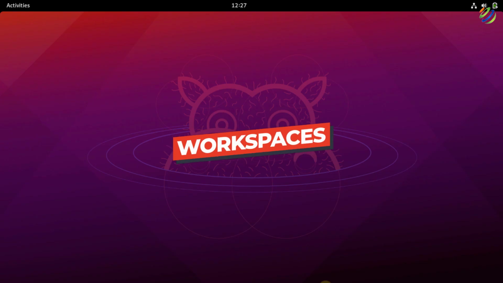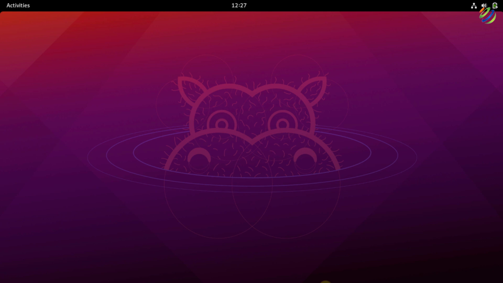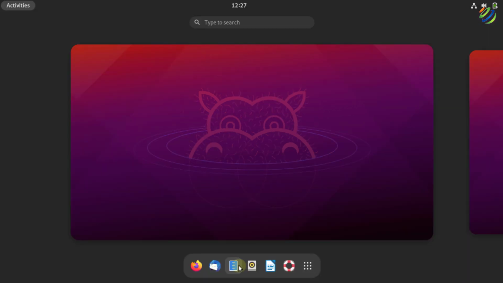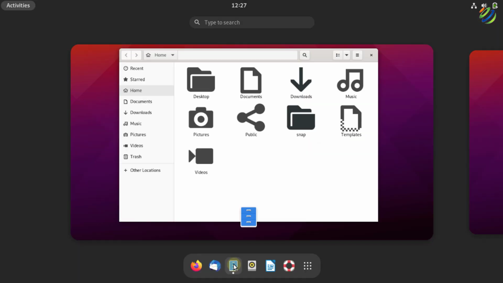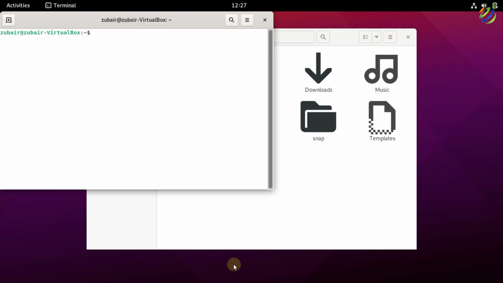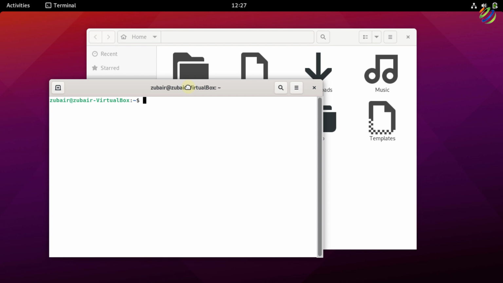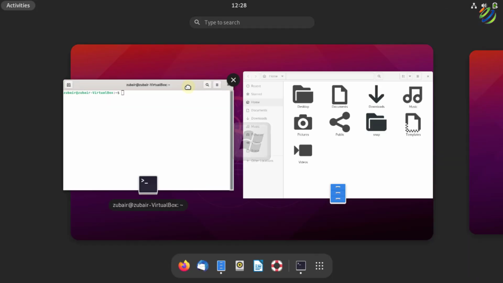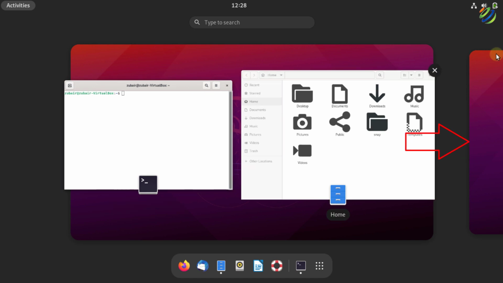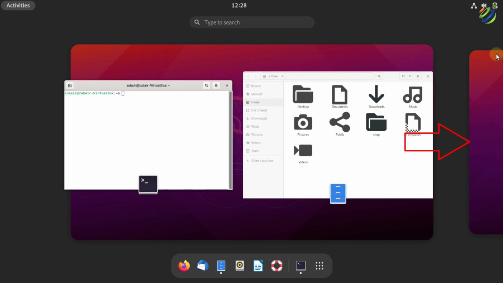Workspaces. In GNOME, we have the concept of workspaces. If I open multiple apps here, for that purpose I'll open my files here and I will open my terminal here as well. So here you can see that I have two applications open in my window. Now if I press the super key on my system, you can see that I have another workspace appearing on the right side of the screen.